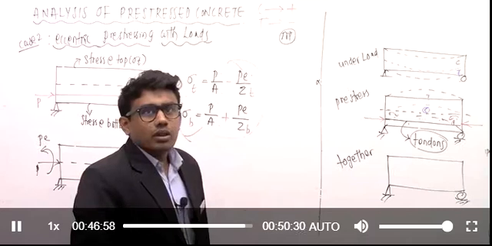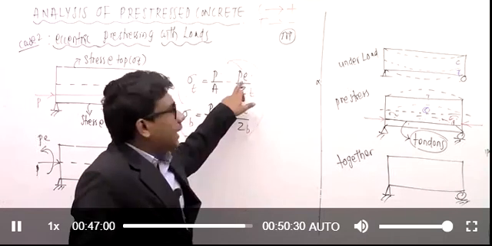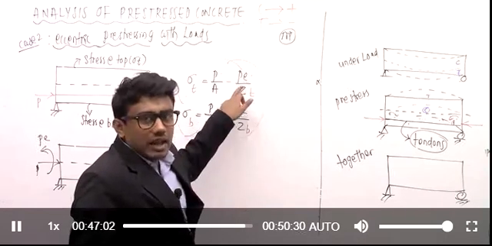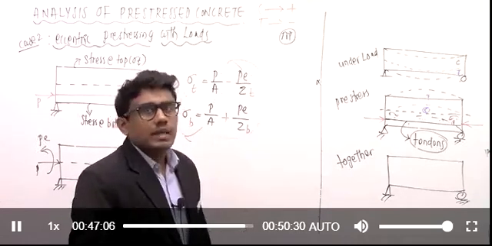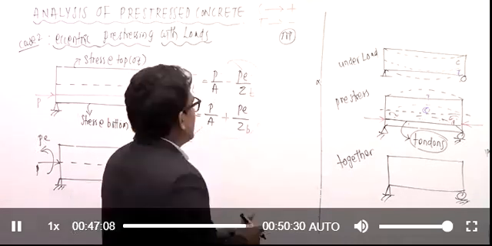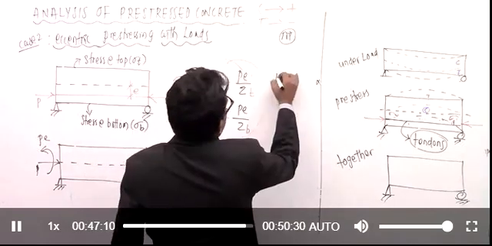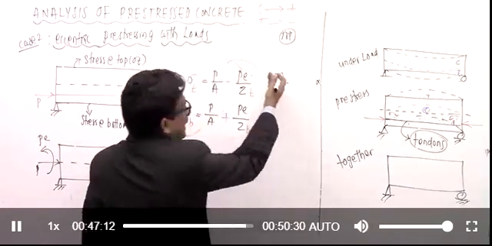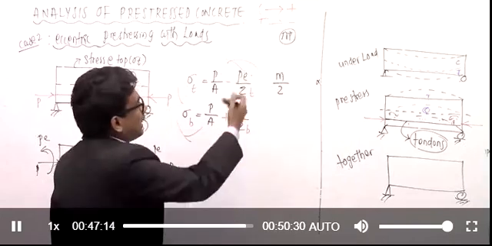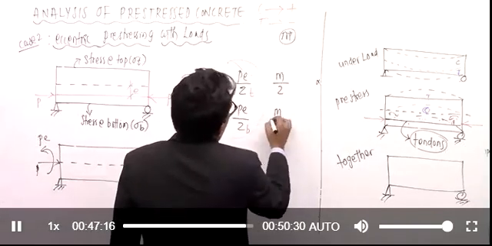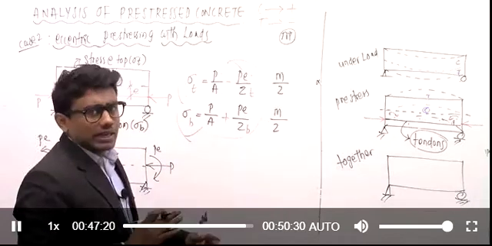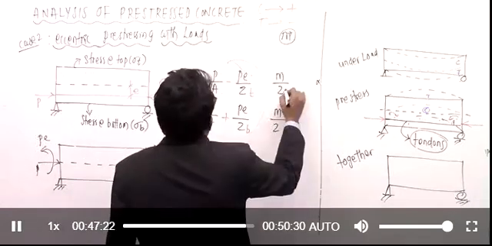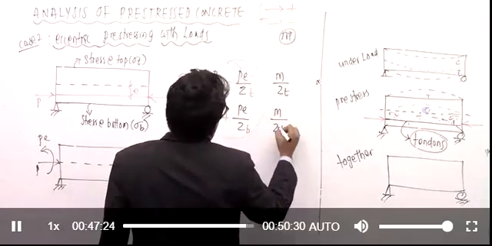Can you tell me? For the pre-stressing moment PE, the stress was PE by Z, right? For bending moment M, what will be the stress? Exactly, it is M by Z. Superb, it is M by Z. If loading is there, you have to write it as a separate condition. Here also it will become M by Z, valid for rectangular or symmetric sections. If we are having unsymmetric sections, we will be having ZT here and ZB here.